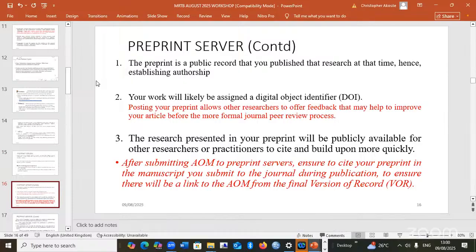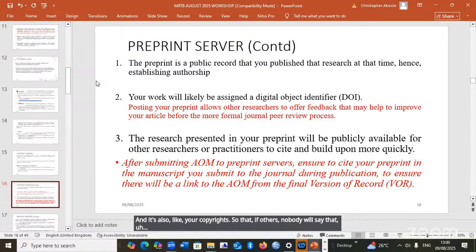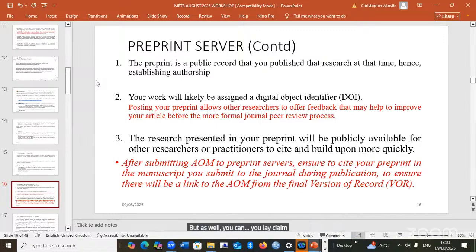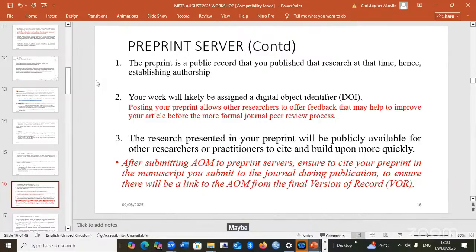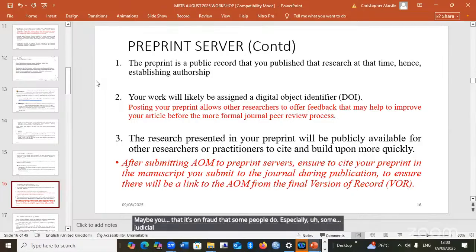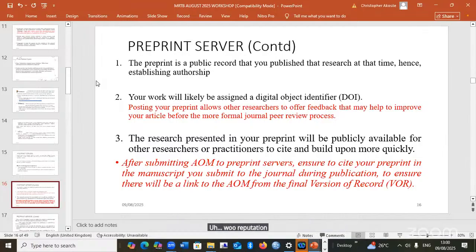And it's also like your copyright, so that nobody will say you lay claim to originality. For example, there is some fraud that some people do, especially some other persons who run predatory journals and are looking for promotion themselves.